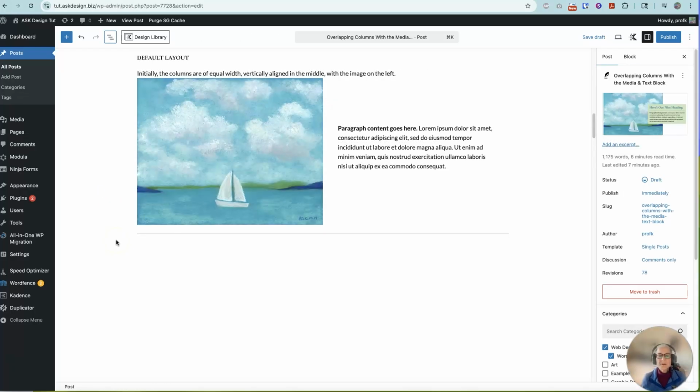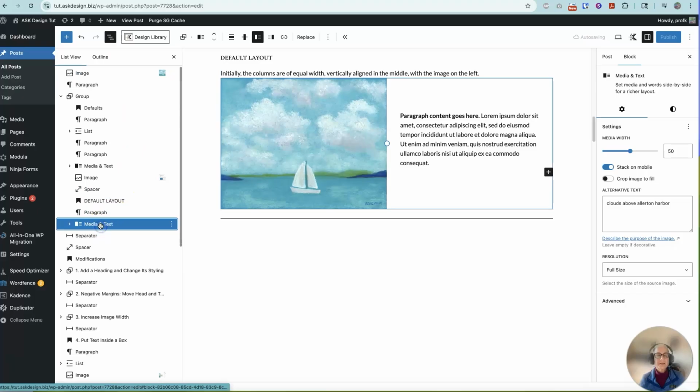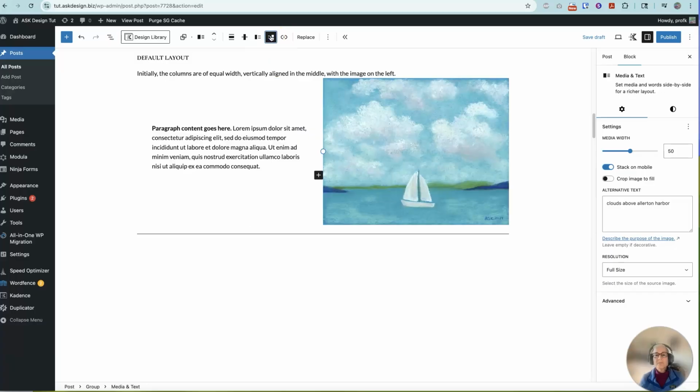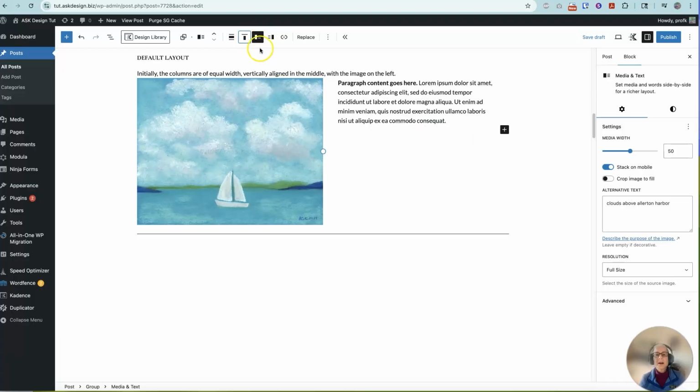The default layout is this, with the image on the left and the content on the right. Initially, the columns are of equal width. They're vertically aligned in the middle with the image left, content right. Now, if I select this, I'm going to go to the list view, make sure I've got it selected, and you can switch to show the media on the right and the content on the left. And also you can align the top items,